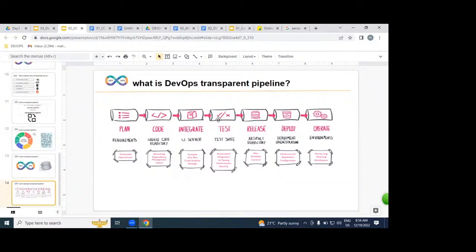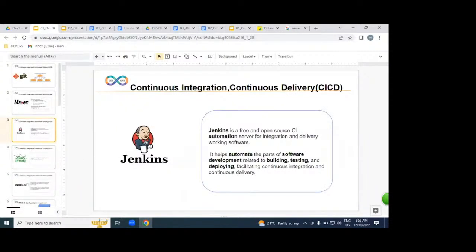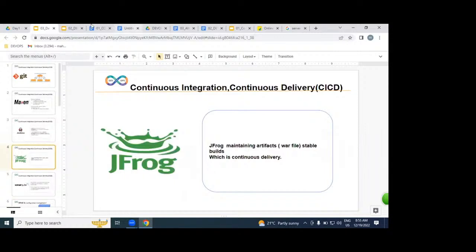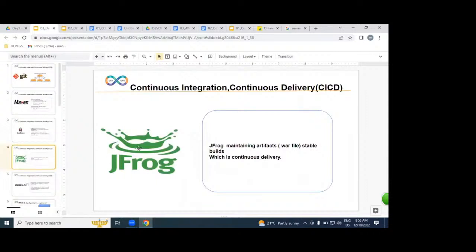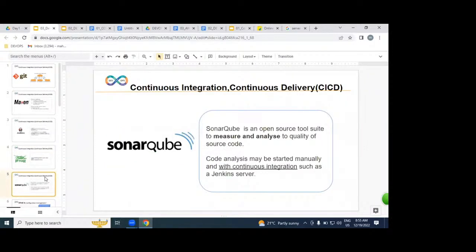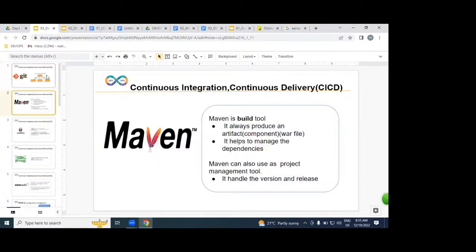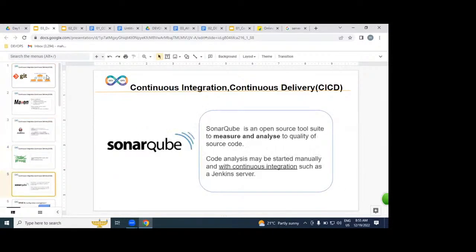Once it is automated, we are going to hold our working software in a release, right? The release is nothing but what? By using JFrog. JFrog is nothing but release. And we are going to learn SonarQube. SonarQube is what exactly? A code analyzer. It is an optional tool, but we are going to discuss it. By using SonarQube, it verifies whether developers are following standards or not, and gives statistics and reports. Which tools, please? List down: Git, Maven, Jenkins, JFrog, SonarQube.